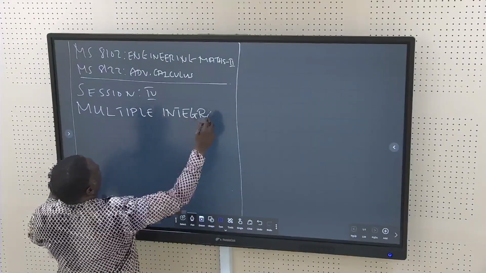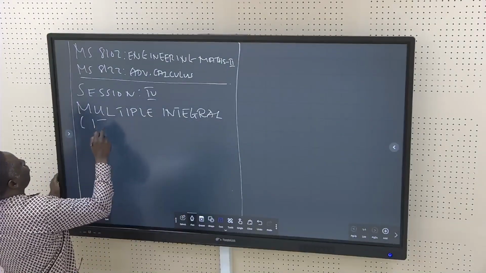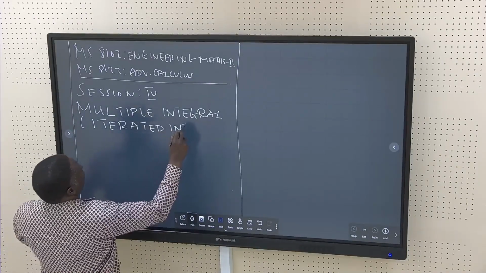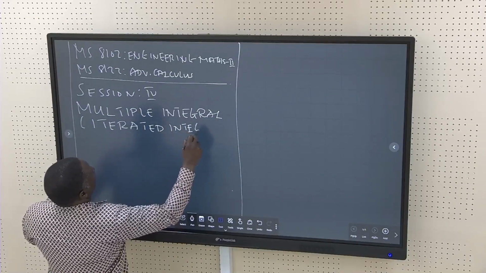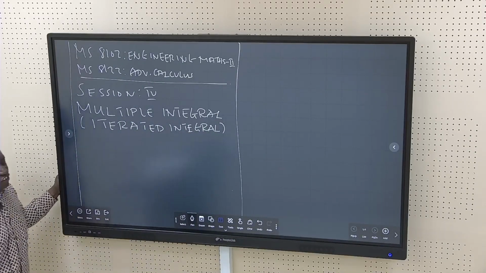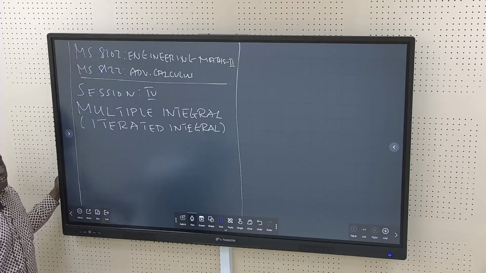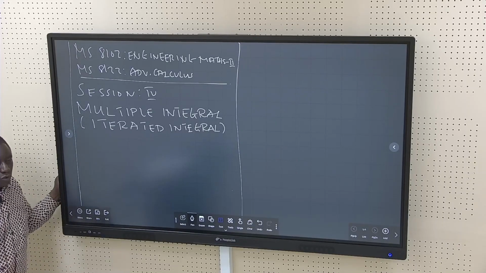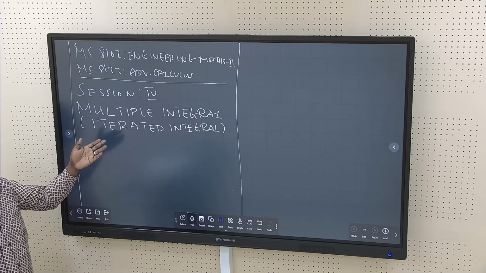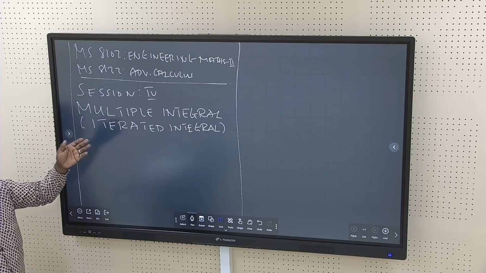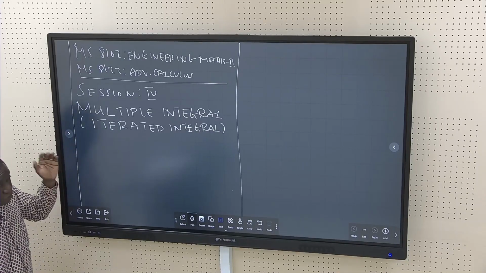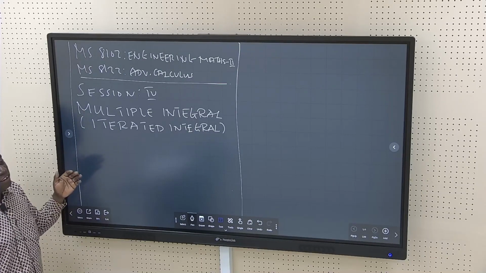These multiple integrals are also known as iterated integrals. The word iterated comes from iterations. Iterations means you have a number of steps to do before you arrive at the final destination or the final answer. That is the meaning of iterated. So multiple integrals are also known as iterated integrals because in order to reach the final result, you need to